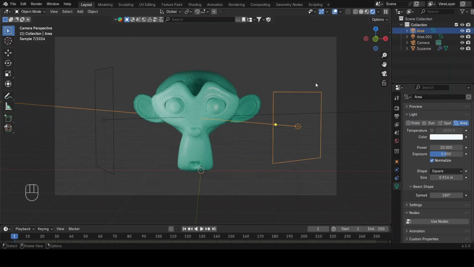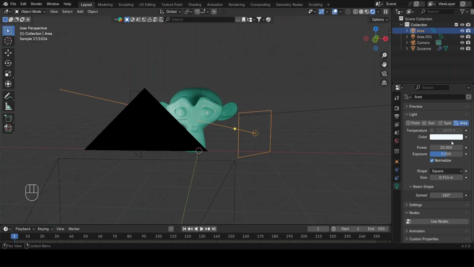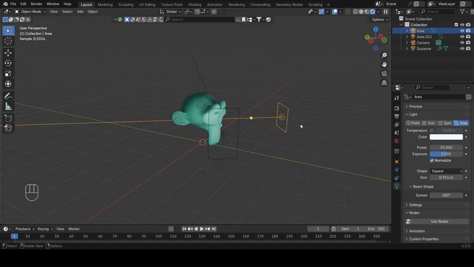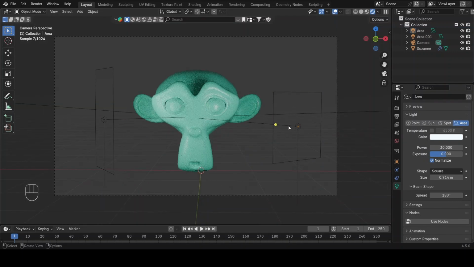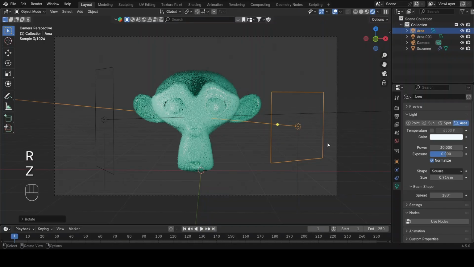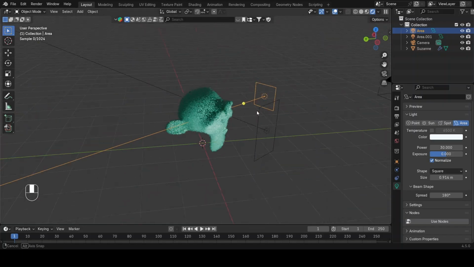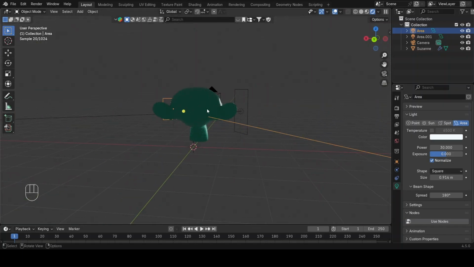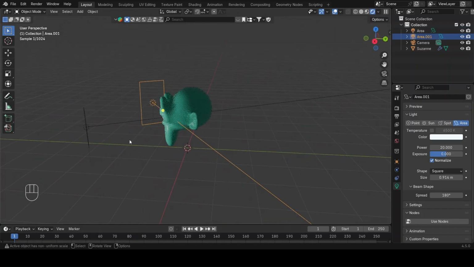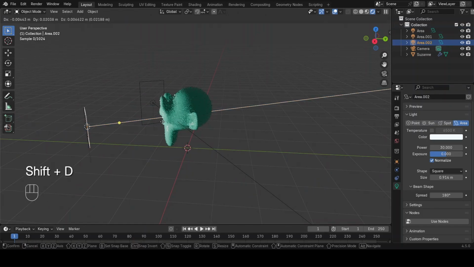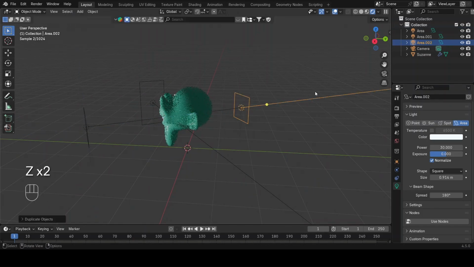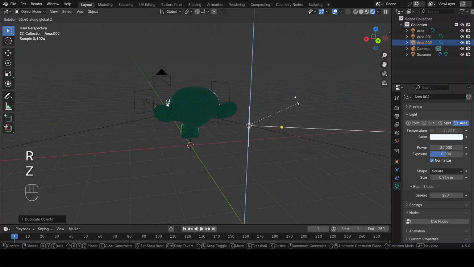And if you now see from the camera view, you will see the difference between this. Let me increase the power of it. Then rotate a bit. Now, if we are going to see from the back view, there is no light added to our scene. So we have to add one back light or rim light in our viewport. You just have to press Shift